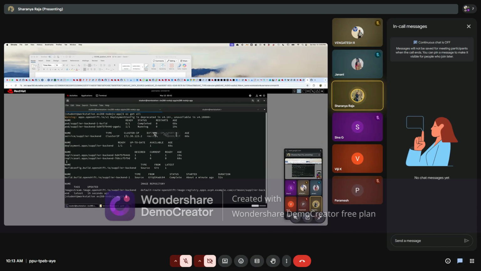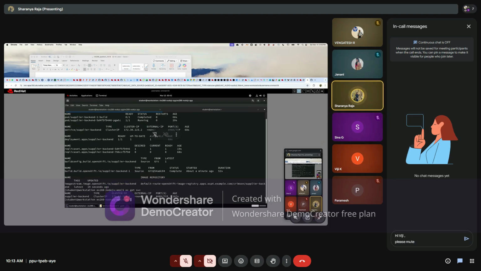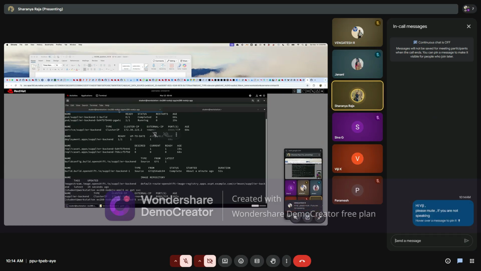So our criteria is we have to make sure that this application is running on port 3000, because in the question they have mentioned the container port should be 3000. So what you do, you need to check oc get service and then you need to actually edit the service. The service name would be the same as the application name or deployment name. So you have to give oc edit service and then